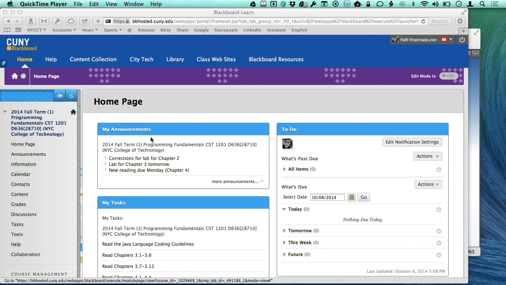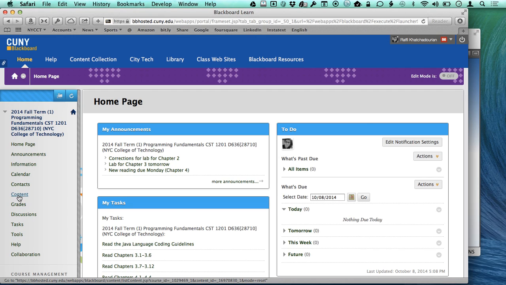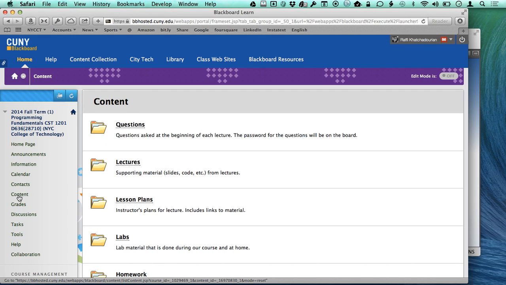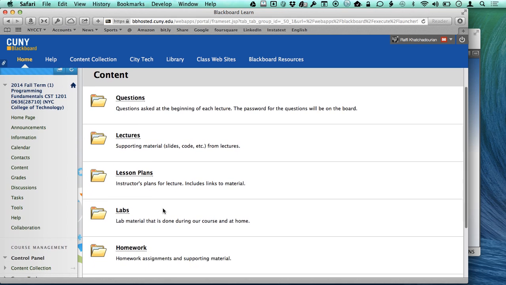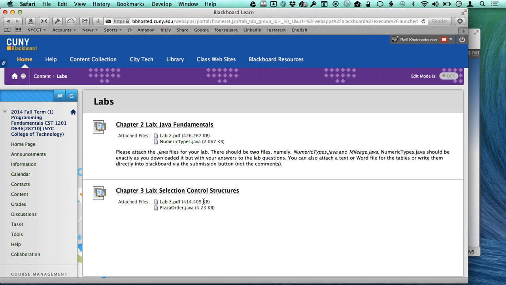Today we're going to learn how to edit lab files. So right now I am at the Blackboard page for CST 1201, and I'm going to find the lab I'll be working on. So I'm here in Content. I'm going to go down to Labs, and then I like to work on Chapter 2 Lab,